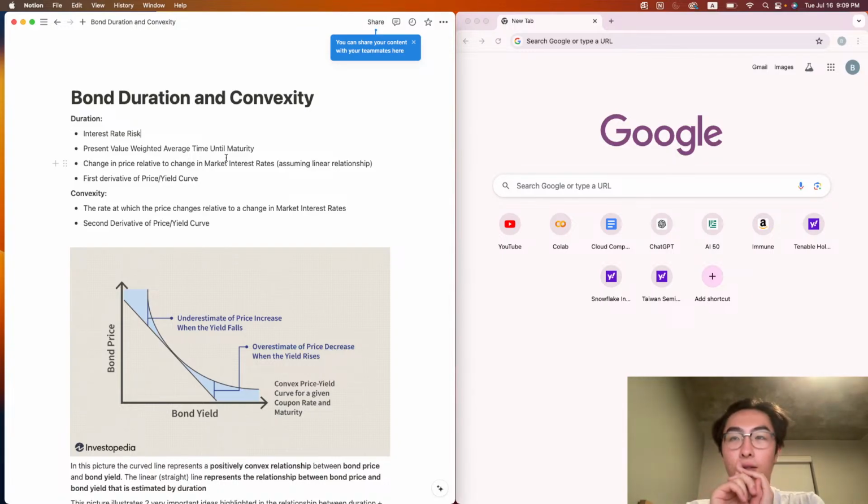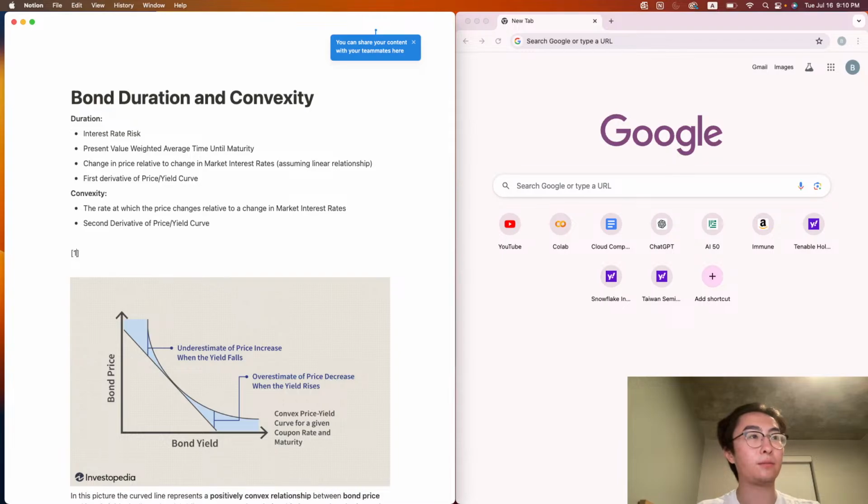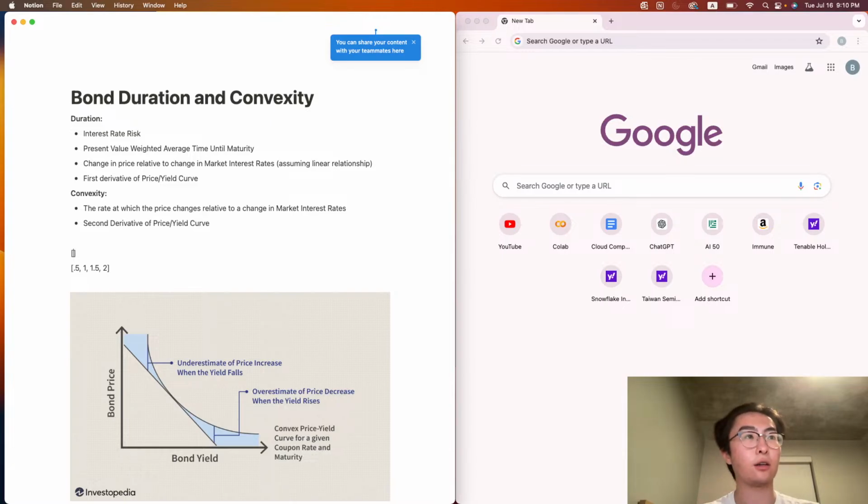One way, I think, is by taking each semi-annual period. So that's half a year, 1 year, 1.5 years, and 2 years. Stick that into a vector so that becomes something like this: 0.5, 1, 1.5, 2. And then we have another vector where